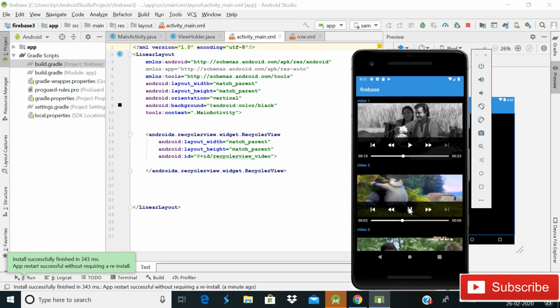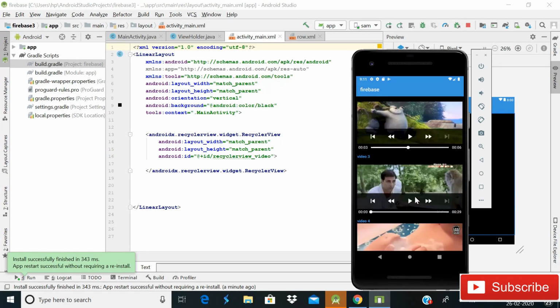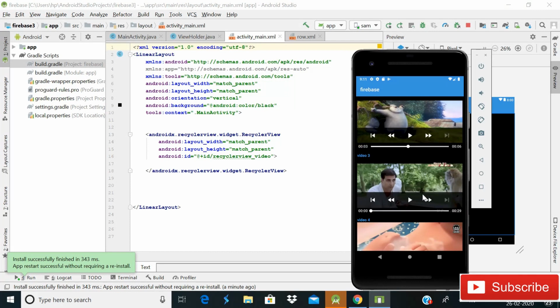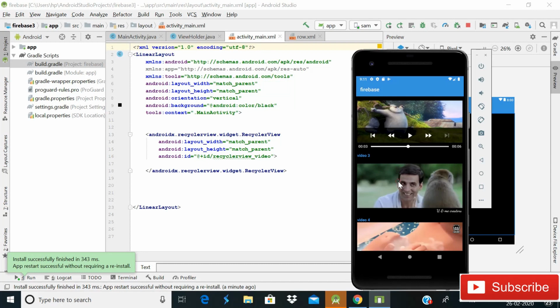In our Android app we passed setPlayWhenReady as false. If you pass it true, then when your app is running, all the videos will run simultaneously, and I don't think that is good. So pass it false, and as you can see, I can play these videos with full controls using ExoPlayer.